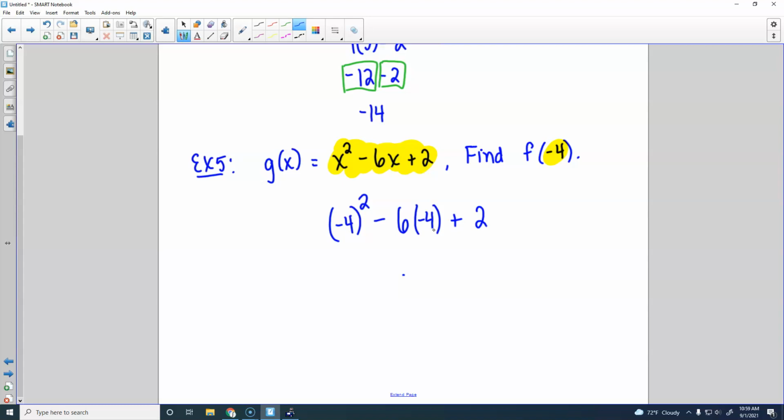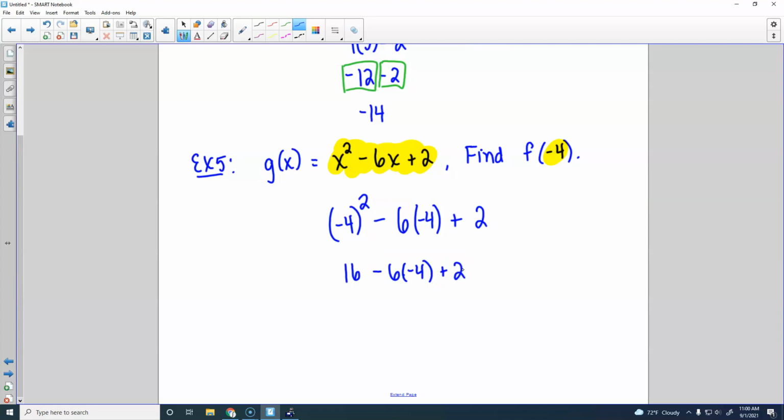Okay, so let's see. Somebody I hadn't called on today. Ayla, what would I do first? Okay, good. And what am I going to get when I do negative 4 squared? Good. And I like that Ayla said it's positive 16, because this means negative 4 times negative 4. Negative times negative is going to be a positive. So positive 16